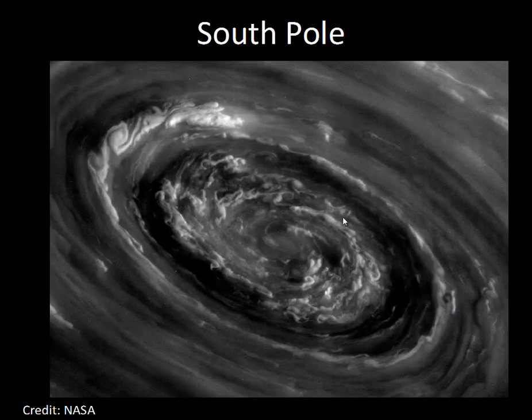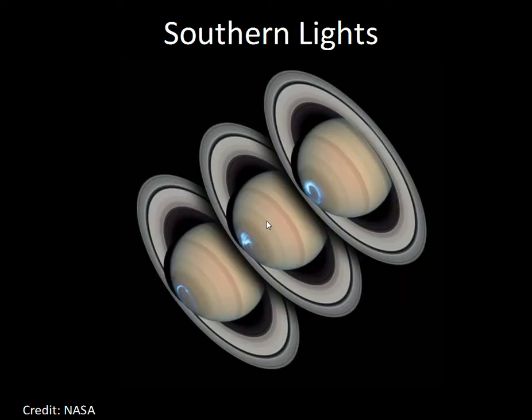The South Pole has been photographed as well by the Cassini spacecraft, and look at these storm clouds, evidence of convection of clouds rising and falling, and again the swirling nature of the cloud material. Southern Lights, aurora. So what does this tell you about Saturn? The fact that we're seeing aurora at the southern pole